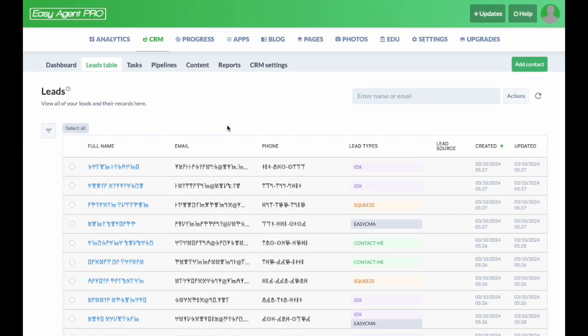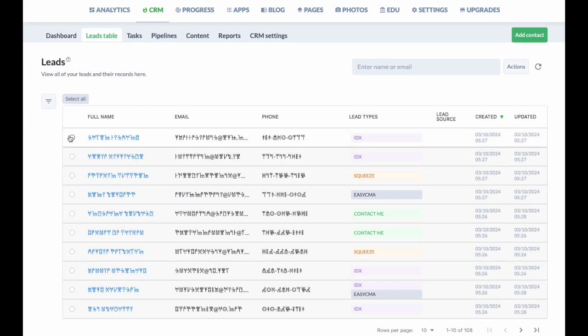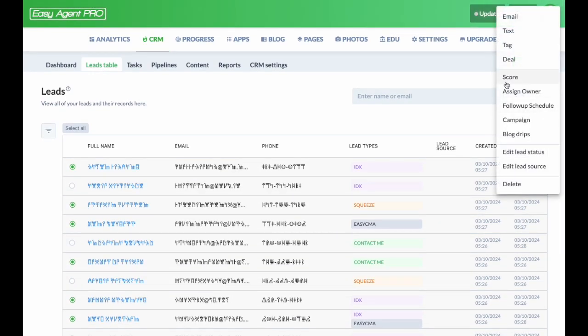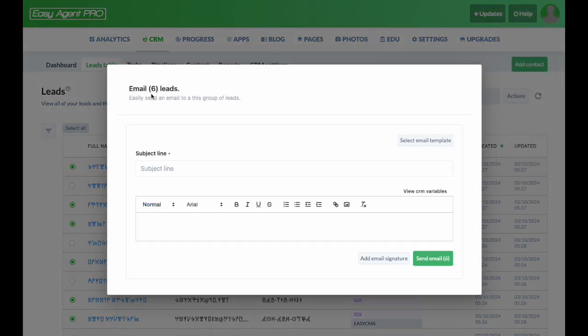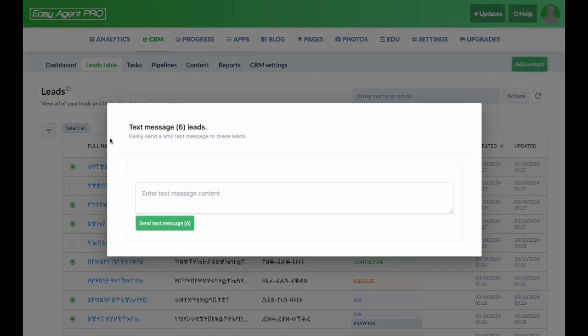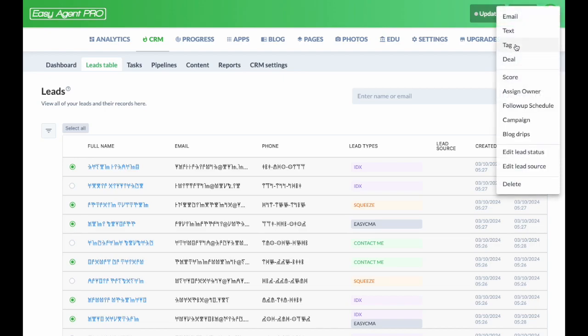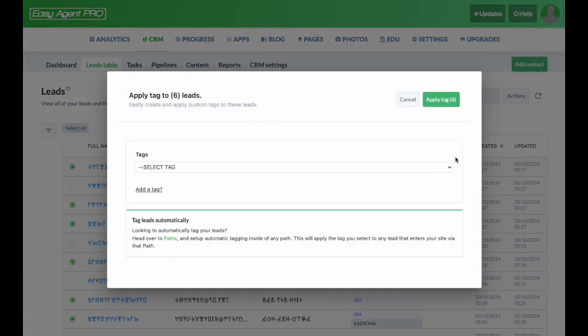Now, what can you do with your leads? Well, let's say I want to contact this client, this client, this client, and all of these. So I will click on the buttons next to their names, and when I click on the action button, you'll see there are several options available. For example, if I select all of these leads and go to email, I can send an email to all 6 of those leads that I selected. I can also send them a text message, assign a tag to all of these leads, either one that I've already created or I can create a new one,